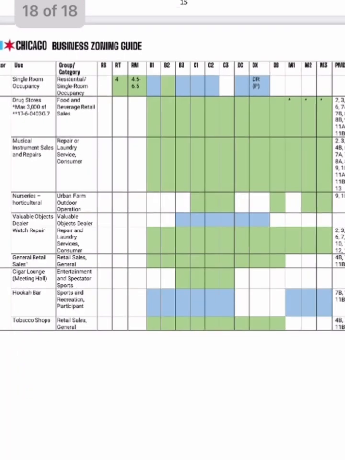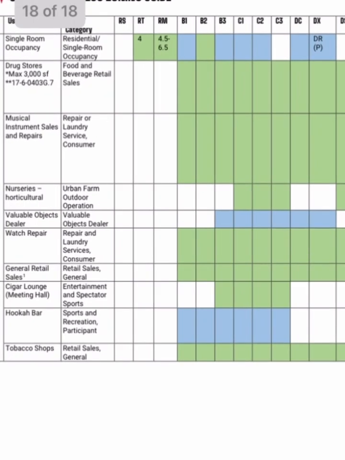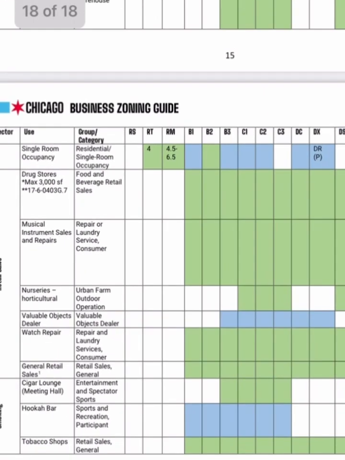A lot of these things, if there's a public health concern with the liquor, the hookah, and you do have some data behind that, maybe I understand trying to limit the number of them or the availability, and even potentially where they're near houses. But a lot of these, like watch repair, what is the public health benefit concern for that? Or the trade schools. There's a lot of these things which should definitely be promoted and be more widespread. Some of them are even good for the public health benefit. We were talking about being able to go exercise, being able to go get your coffee or your juice, or being able to get fresh food from an urban roof. Why are there limitations on the zoning for that?